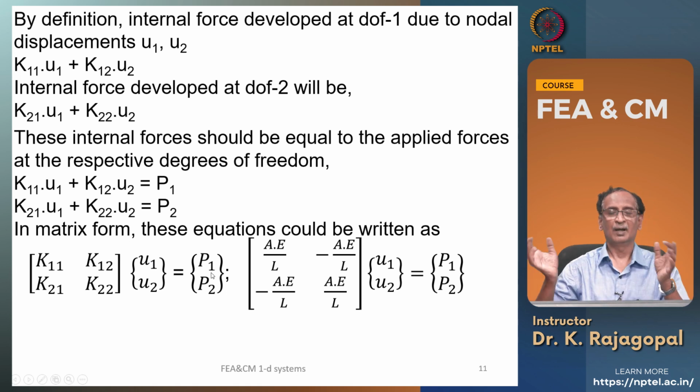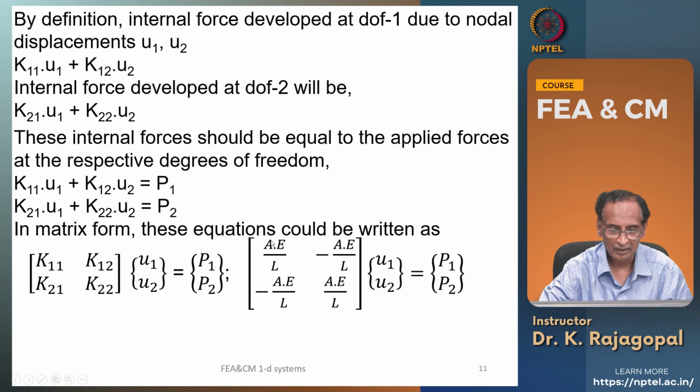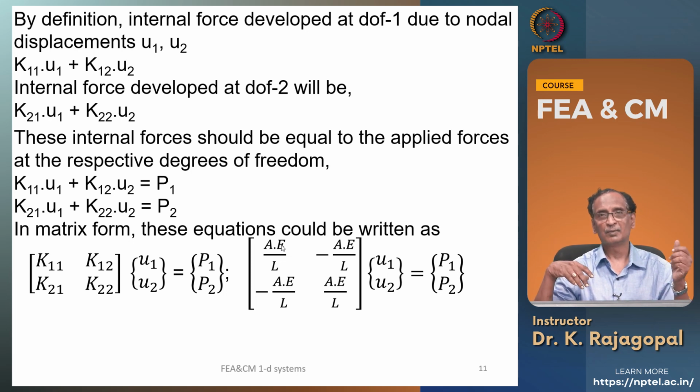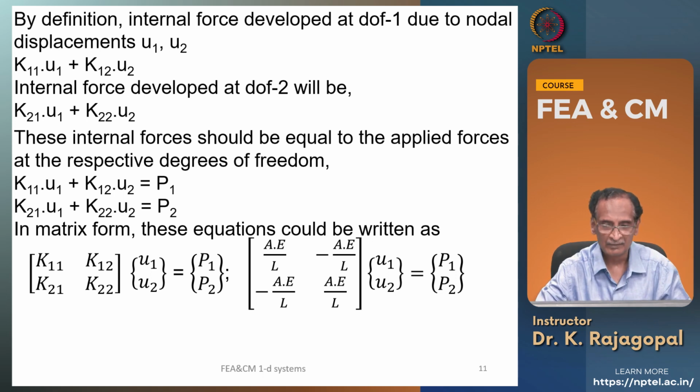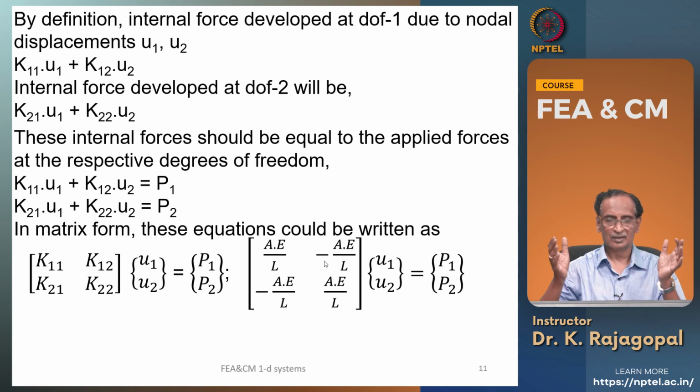P1, P2 are the applied forces, and K11, K12 and all these are numerically equal to AE by L, and K11 and K22 are positive quantities because they refer to their own degrees of freedom, whereas K12, K21 are the cross terms, the force developed at some other degree of freedom because of unit displacement at this degree of freedom, and by definition that should be minus. So, there you go. This is the